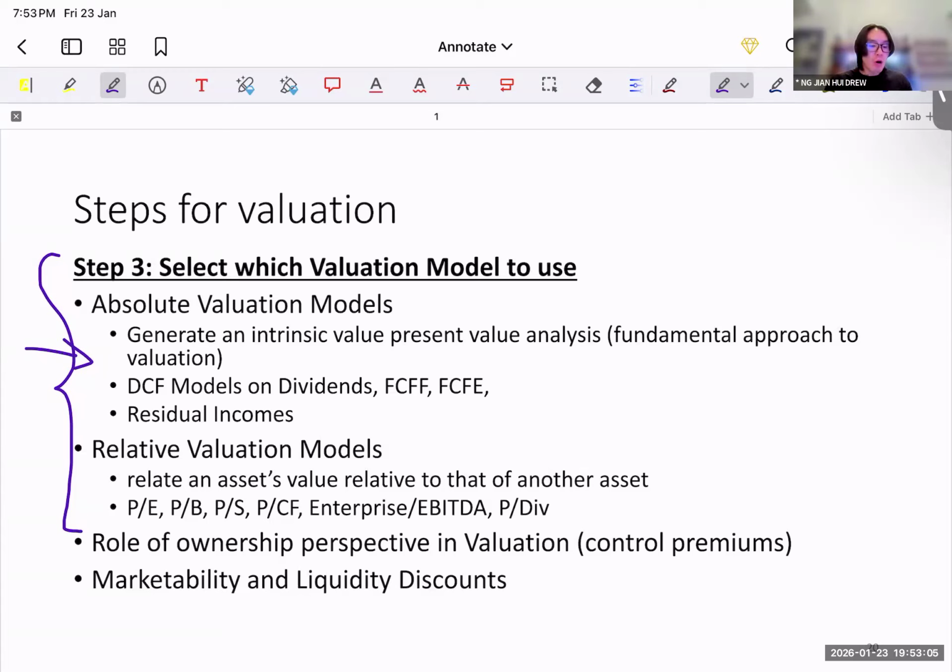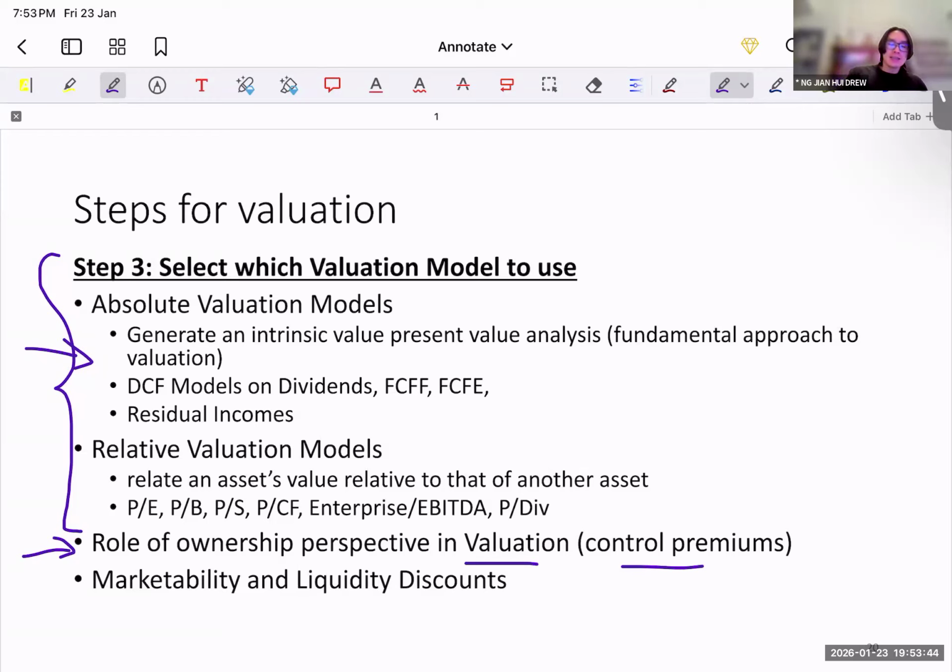Okay. Role of shareholder ownership in terms of valuation, so control premium. What does this mean? When you assess a company, this is a bit more qualitative, or it can be quantitative as well. Knowing the shareholders of this company becomes very important. Let me give you one example: Singapore Technologies. Singapore Technologies does defense-related manufacturing or R&D for the Singapore Army, Navy, etc. So they are quite big.